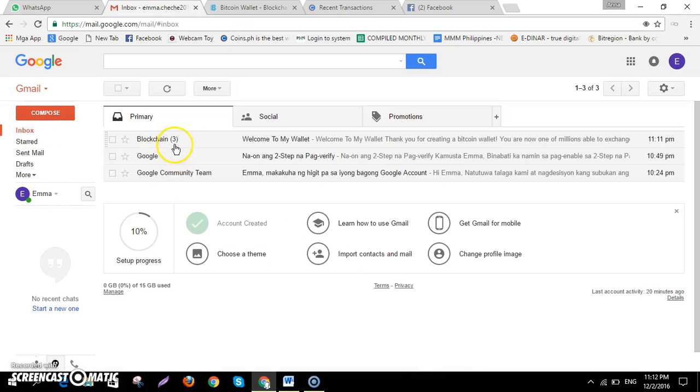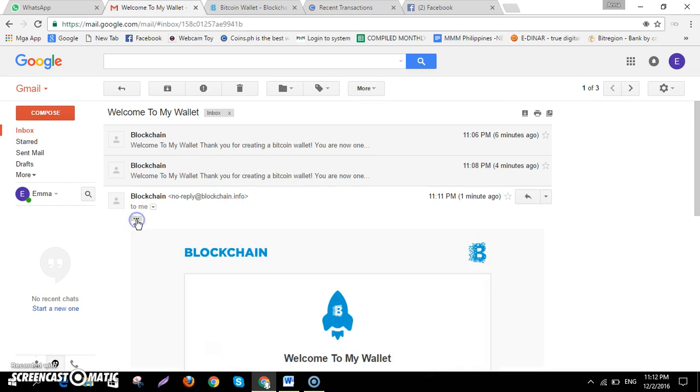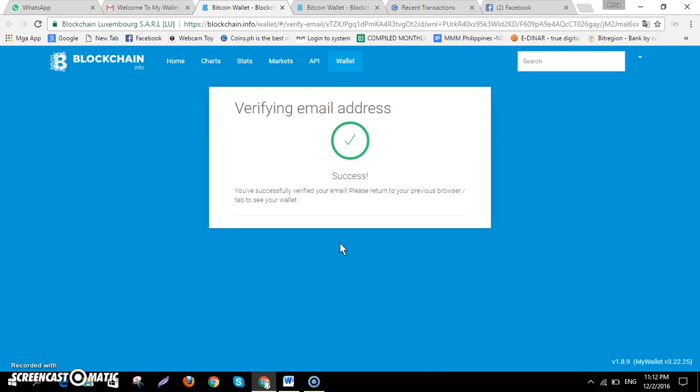Okay. Haven't received yet. So I think this one. Okay, got it. I hope this one is better now. Maybe I clicked the wrong code. So verifying. Okay, it's done. So it says successfully. If you have done this procedure already, the email will say that you have done it